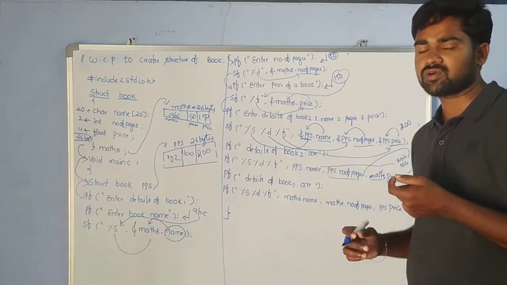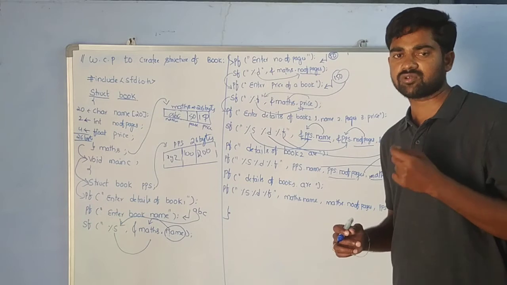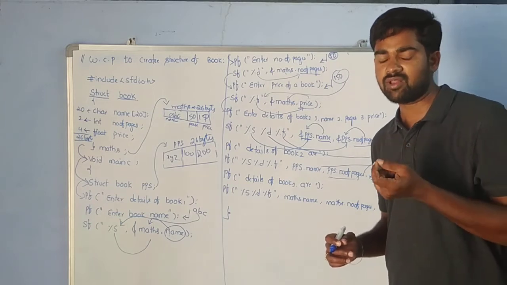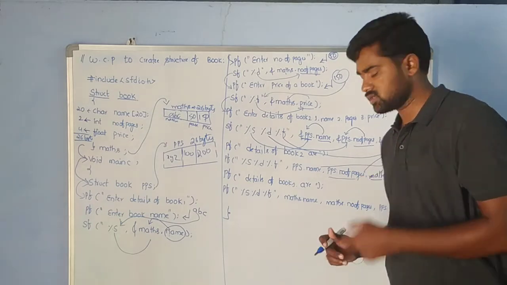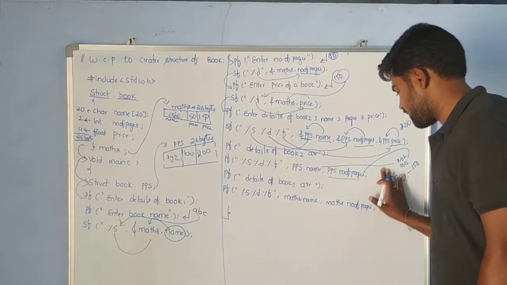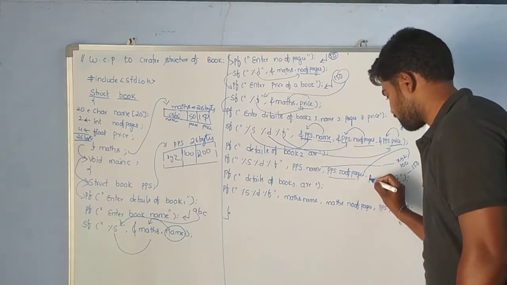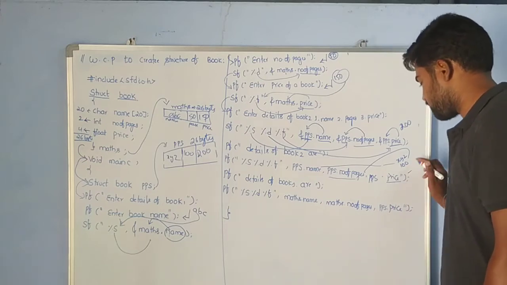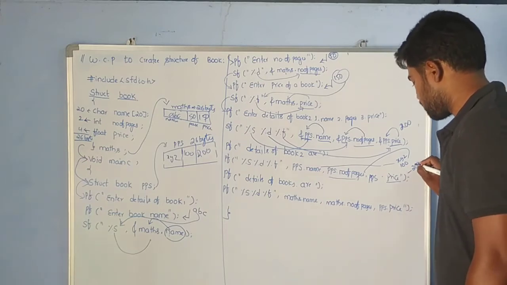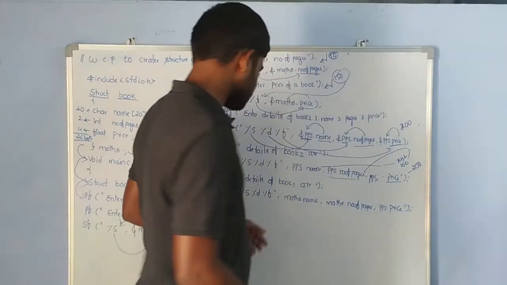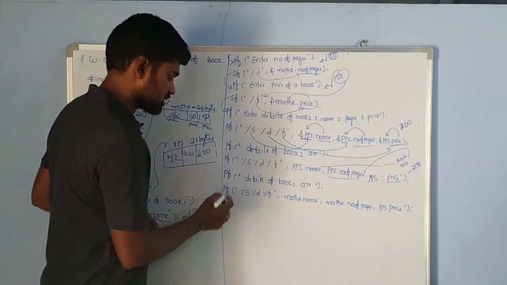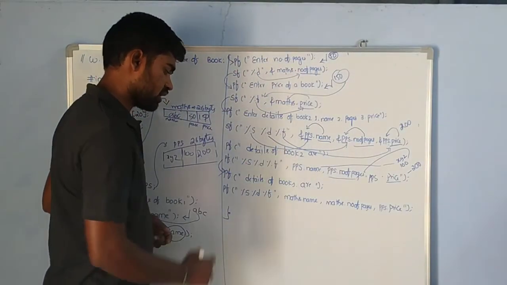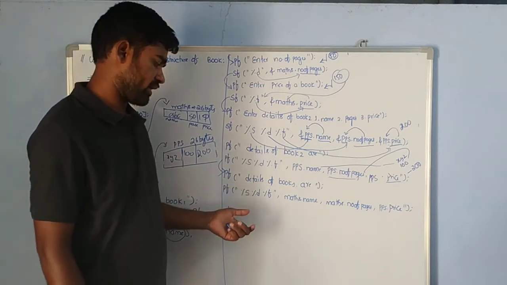So we have to give the clear variable which we want to print here. Now we want to print PPS but not mass. So print PPS dot price. Now what will happen? It is going to print 200. Next, after printing the book details of book 2, what are we going to print here? We are going to print book 1 details.